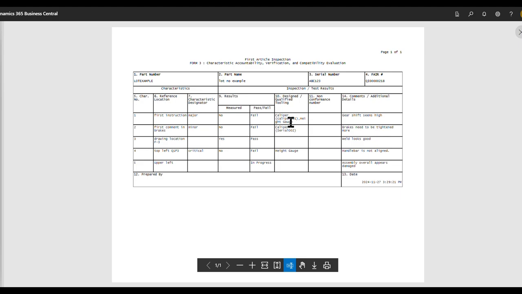All right, so in this scenario, I've got two tools that are used. In the scenario of a first article inspection report, Form 3, it's going to be more typical that there would be one tool that is used. However, if you do have multiple tools used, they're going to be separated by a comma in this section, just how we see here. If you do have tool identification numbers being used or recorded, then that'll be showing up